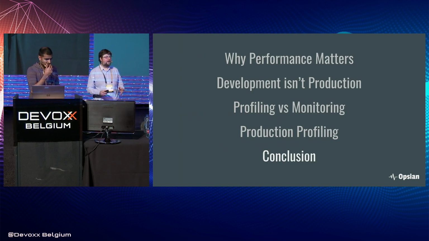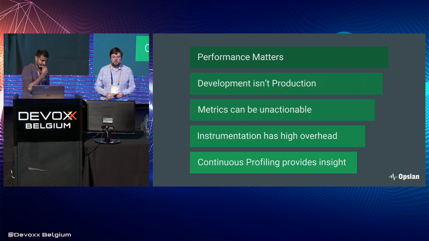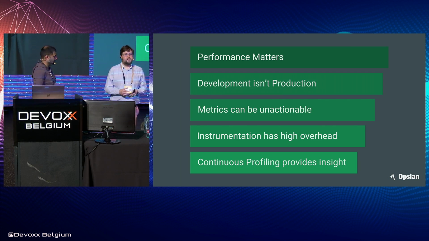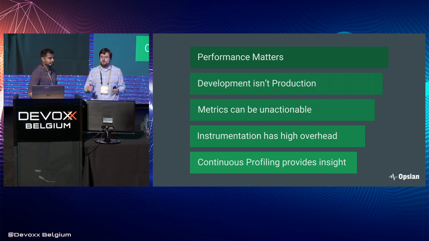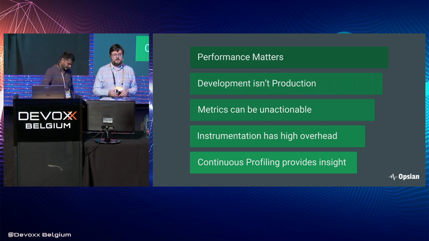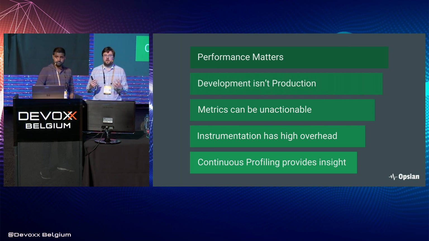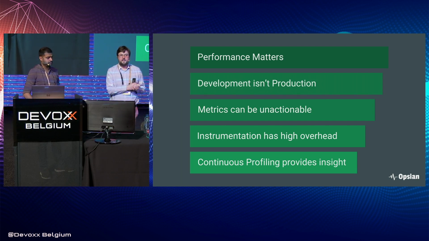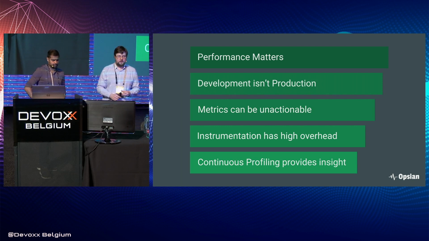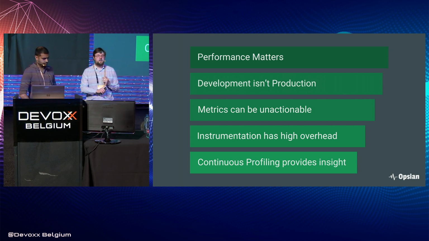Fantastic. So let's wrap up what we've talked about in this talk as a whole. We started off talking about how performance mattered to businesses. It was important for keeping your customers happy. It was important for keeping your infrastructure costs low. It was important for running a reliable service. But development and production environments are not the same environment, right? Optimizing something for a synthetic workload on your laptop won't necessarily help you understand the same problems that you have in production.